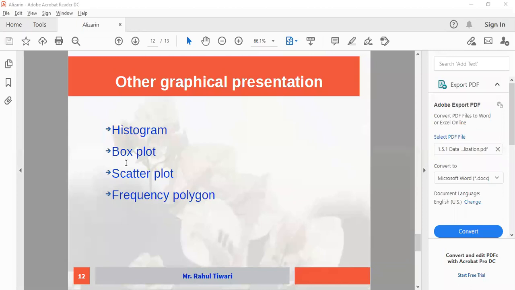In the last class we saw how to draw the histogram, a simple bar diagram, multiple bar diagram, subdivided bar diagram, and the last was the pie chart. I hope there were no doubts. In today's session I will try to cover histogram, box plot, scatter plot, frequency polygon, if possible all, otherwise we will complete a subset.